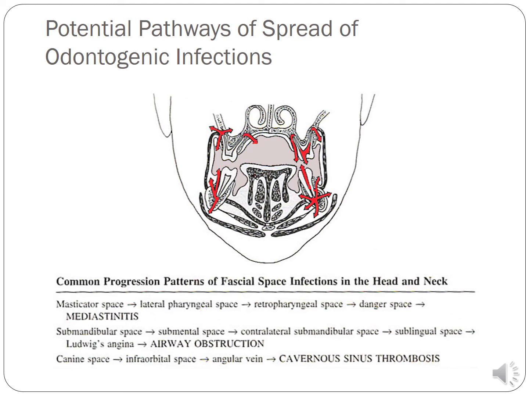In the case of cavernous sinus thrombosis, it can give rise to infraorbital space infection, which can spread through the angular vein, causing cavernous sinus thrombosis. These are all the worst case scenarios, which should not be underestimated. So keep these things in mind and treat the patient. Never take chances in cases of space infection.